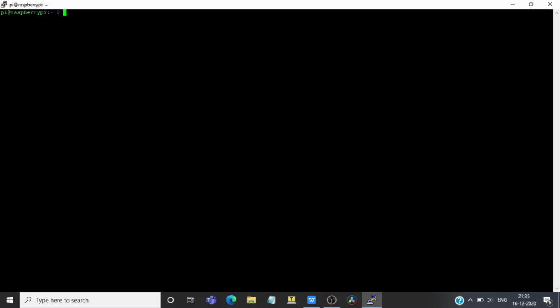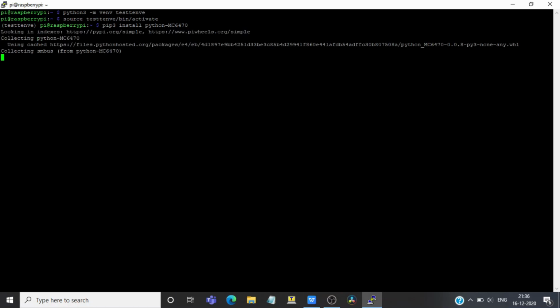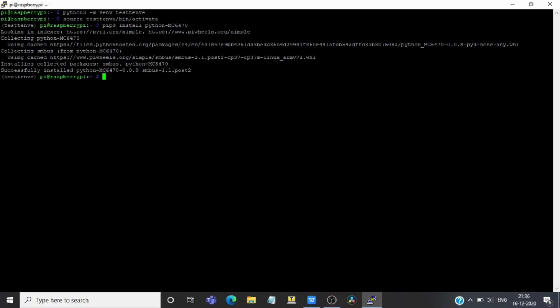Firstly, I'm creating a virtual environment in which I can install this package and run it. Okay, now let's install the Python package using pip. Installation of the package is now completed. We will now have to import this package and use it. I've actually created a demo Python script in which I'll import this installed package and then access the accelerometer data. Let's just look into that script.